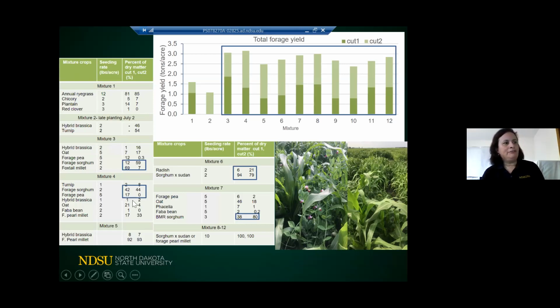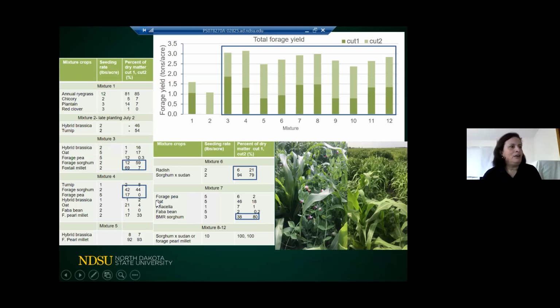Here we have pea from 17% of the mixture, went down to 0. Fava bean went down to 0. Okay, and you look in the other mixtures, the same thing. Legumes, once they get harvested, they don't have much regrowth power, so you won't have them much in the mix. But you shouldn't worry, right? Because I already showed you that the nutritive value of all these crops is still above the requirement of